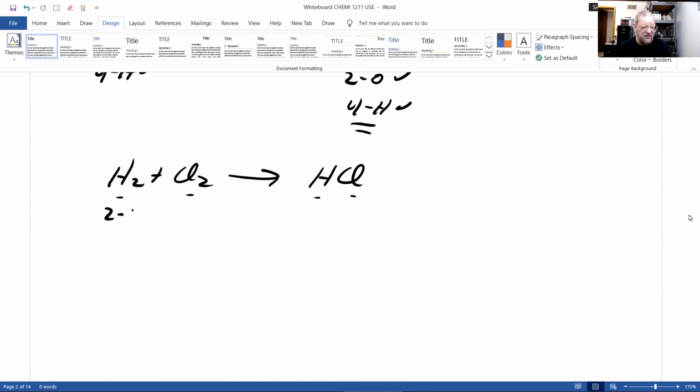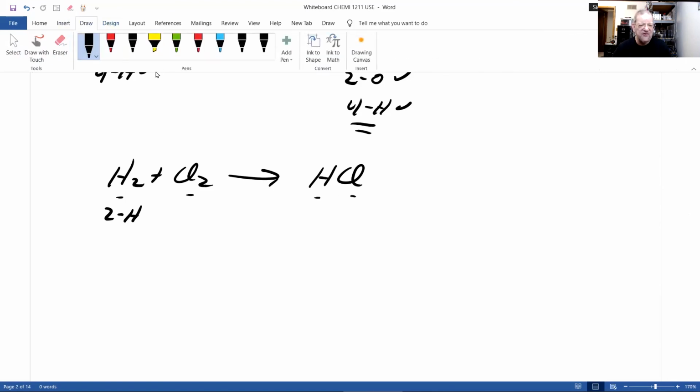Well, if I have 2 hydrogen here, how do I get 2 hydrogen here? You can't put a 2 there. No, students like to do that. That's always wrong. What you need to do is change the coefficient. I want 2 hydrogens. I'll put a 2 there. 2 times 1, 2 hydrogen. But now I have 2 times 1 chlorine, 2 chlorine. If you notice, 2 chlorine on this side. So I have 2 hydrogen, 2 hydrogen, 2 chlorine, 2 chlorine. It's balanced. And that's how you balance the chemical equation.